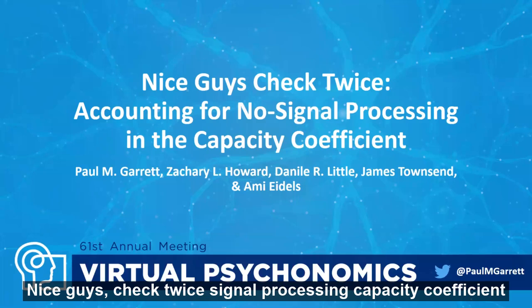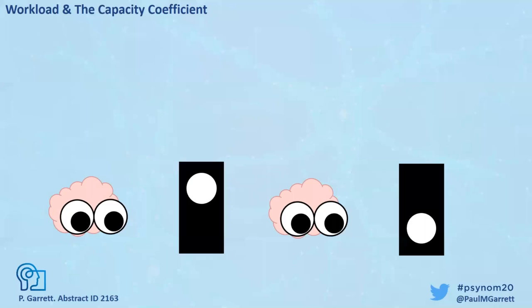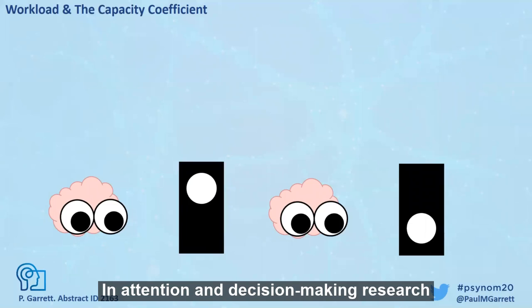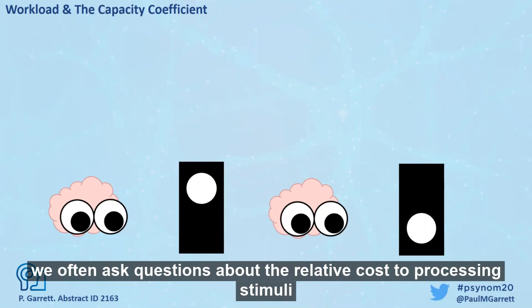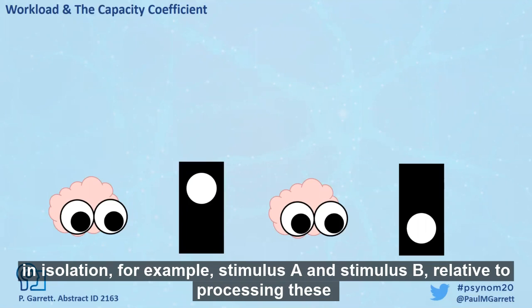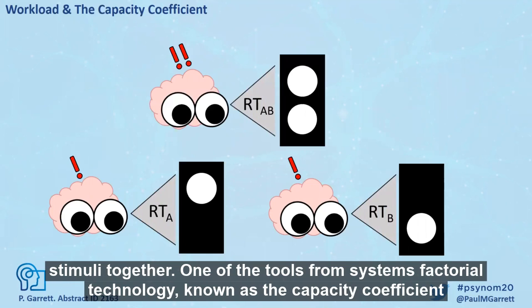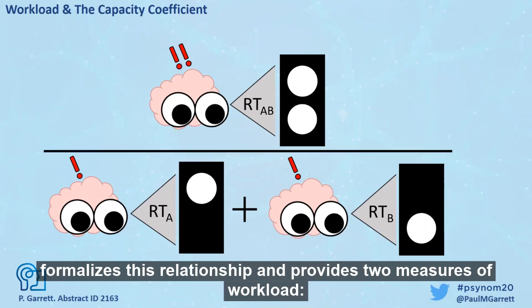Nice guys check twice, accounting for no signal processing and the capacity coefficient. In attention and decision-making research, we often ask questions about the relative cost of processing stimuli in isolation, for example, stimulus A and stimulus B, relative to processing these stimuli together. One of the tools from systems factorial technology, known as the capacity coefficient, formalizes this relationship and provides two measures